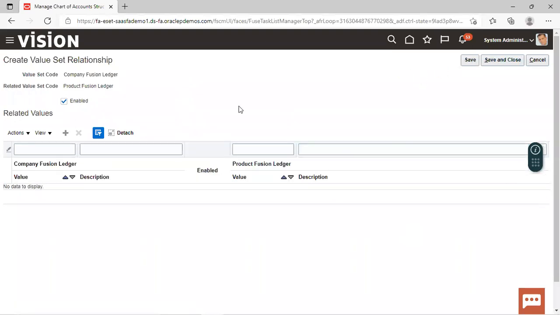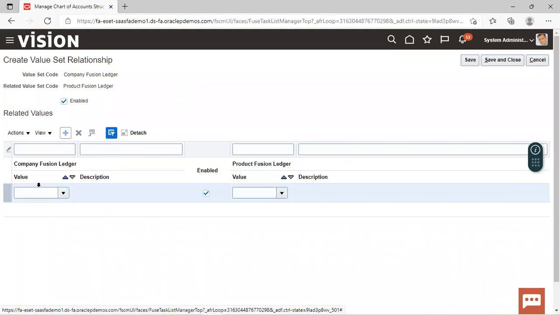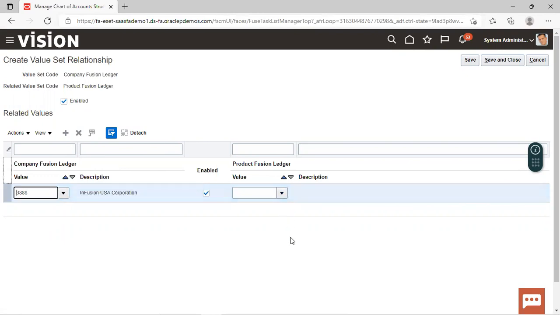Now we'll give the values. So we'll click on the add. And over here, we'll give the value 3888. And for the value, if you know it, you can enter it, or you can search from here. We'll go to the search icon.